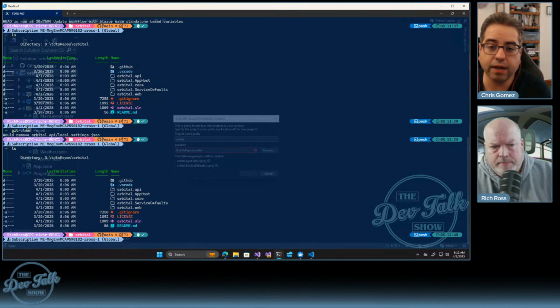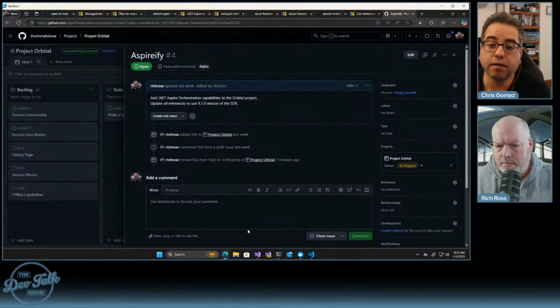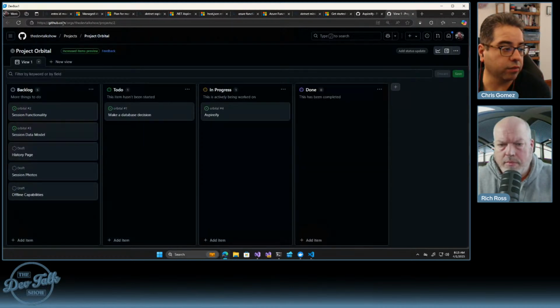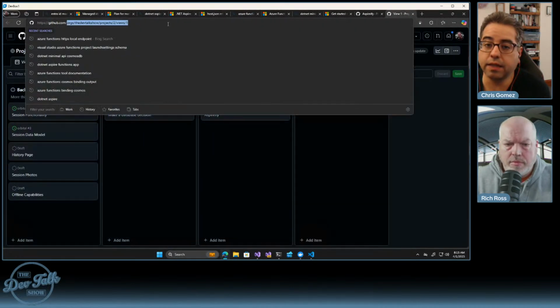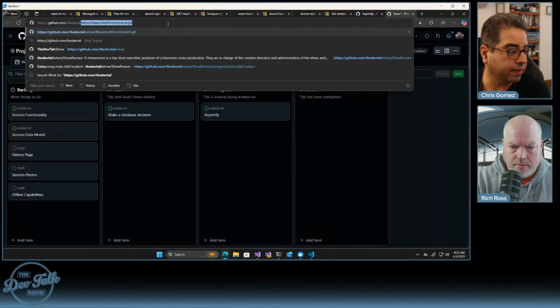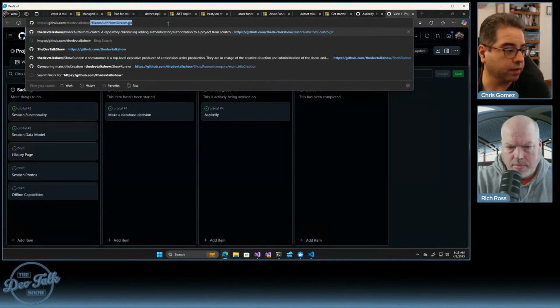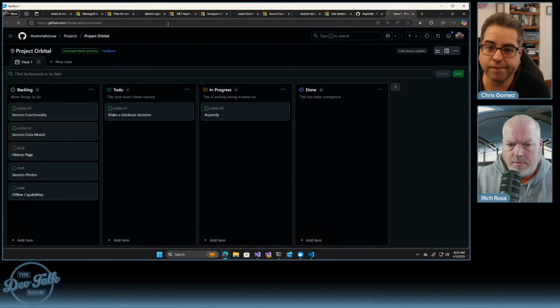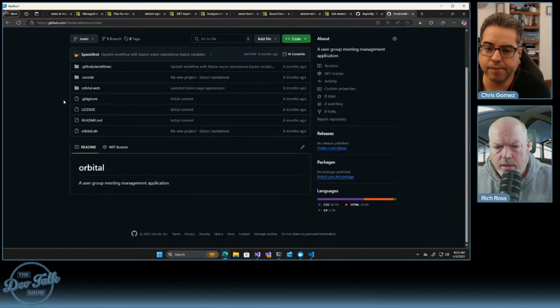But the weird thing is that when I look at Orbital up there, I see the same commit, 30A7954, where you're at: update workflow with Blazor WASM standalone base variables. And I didn't see in the root folder some of those Aspire artifacts, I think they're Aspire, I'm not positive. And I only ever committed back to the main branch. So I'm wondering if I just